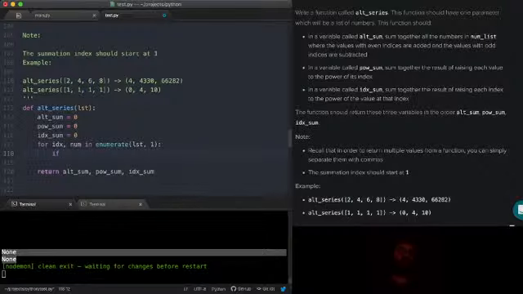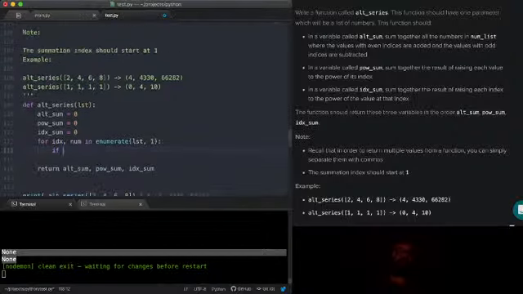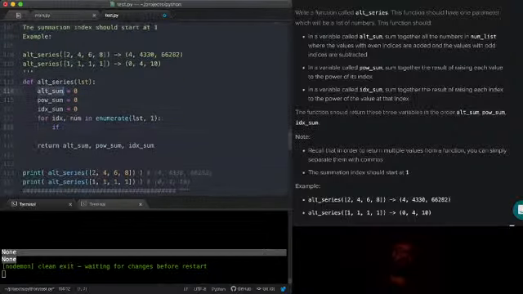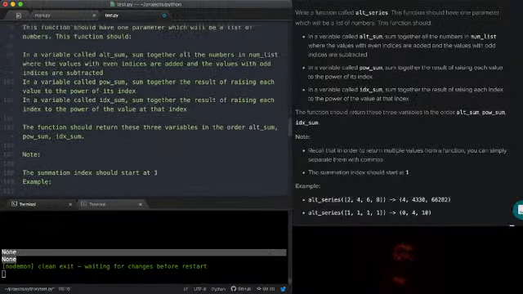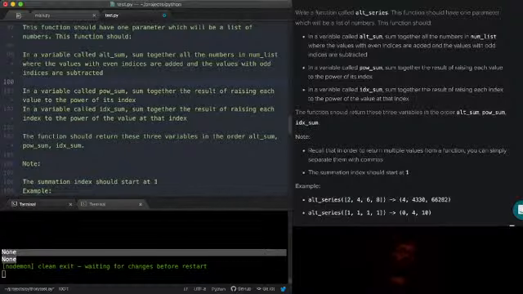So let's look at altsum. Now I'm just going to go through and check each of these off. What does altsum want to do? In a variable called altsum, sum together all the numbers in the list where the values have even indices.